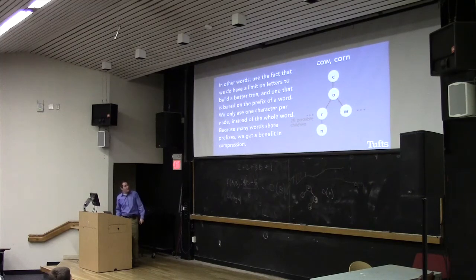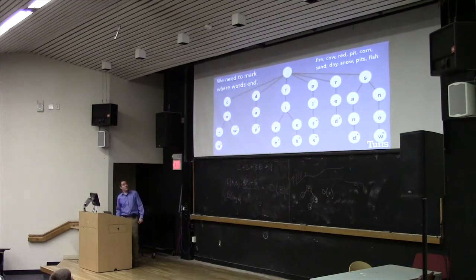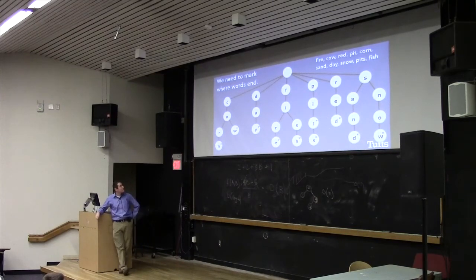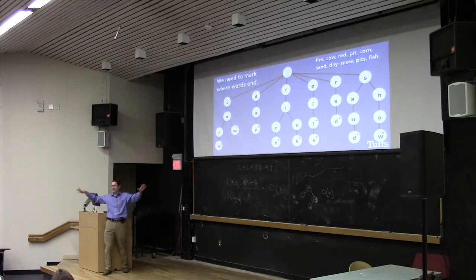Okay? All right. So here's what we do. If we insert all those different words from before, this is what it ends up looking like. We insert all the words. The top node is just going to be an empty node, basically. It's just going to be the root. You'd have to have some sort of weird situation where you got roots that are all the different letters, and we're not going to worry about that. We're just going to have the root be up here, and it's going to fan out to a maximum of